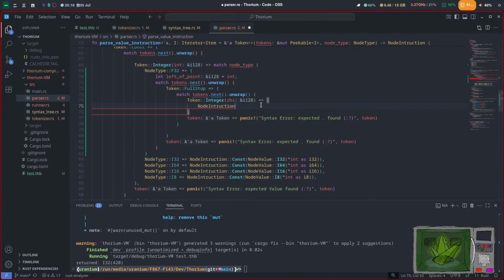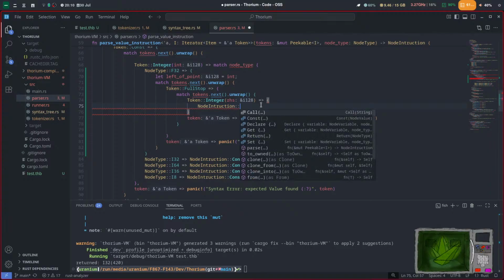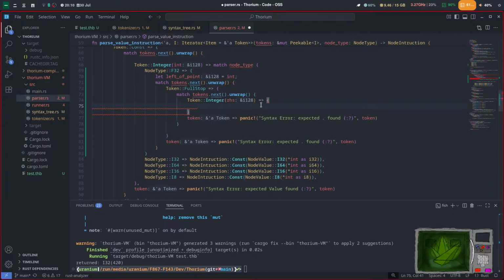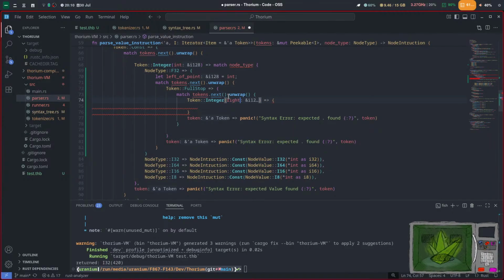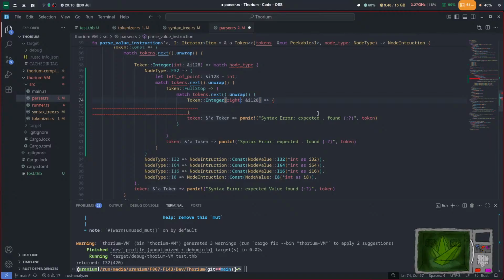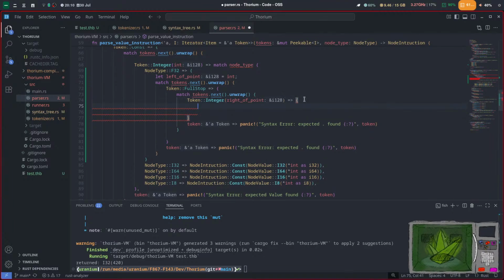Node instruction. Damn, how do I combine this into one? Fruit. I think one way I can do it is